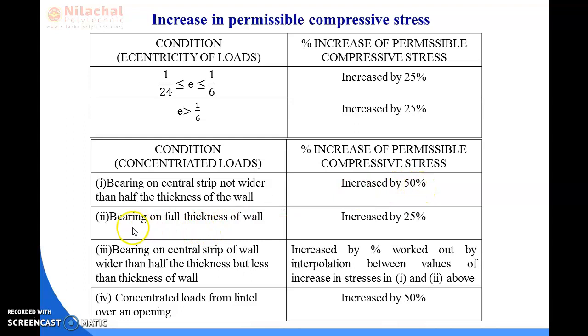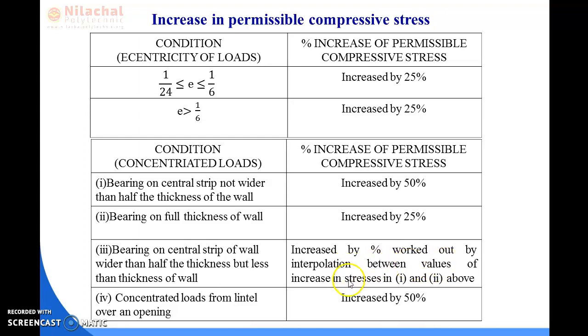The second condition is if the bearing is on full thickness of the wall, then it is increased by 25%. Then bearing on central strip of wall wider than half of the thickness but less than the thickness of the wall, then it is increased by